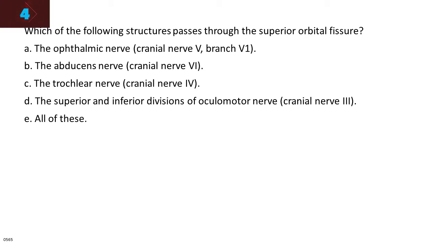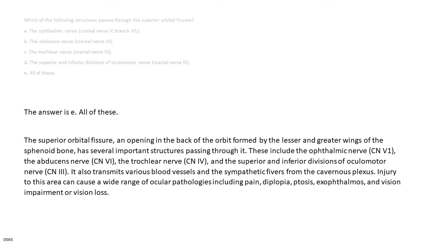The answer is E. All of these. The superior orbital fissure, an opening in the back of the orbit formed by the lesser and greater wings of the sphenoid bone, has several important structures passing through it. These include the ophthalmic nerve, CN2, the abducens nerve, CN6, the trochlear nerve, CN4, and the superior and inferior divisions